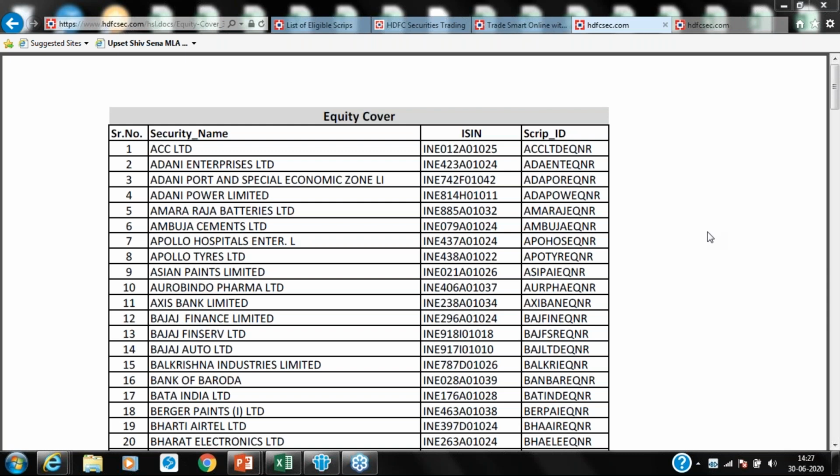So you're buying the stock at 100 rupees. You're keeping a stop loss trigger price at 98. That means at 98, the stop loss will get triggered, and the other price, the bottom price, is 97. That means 98 to 97 is the range between which the order will get executed.